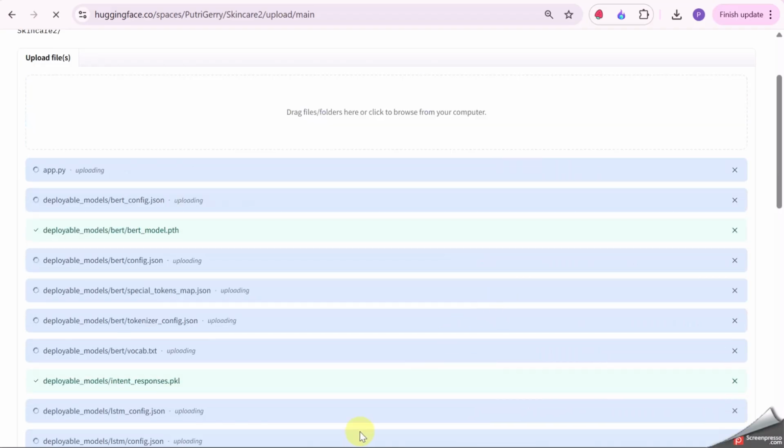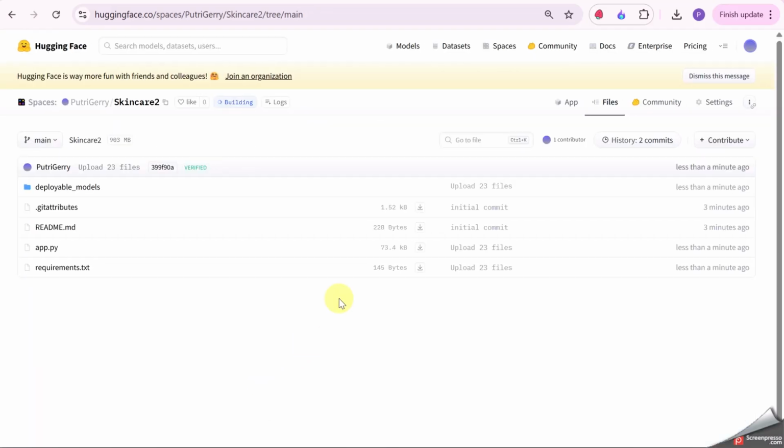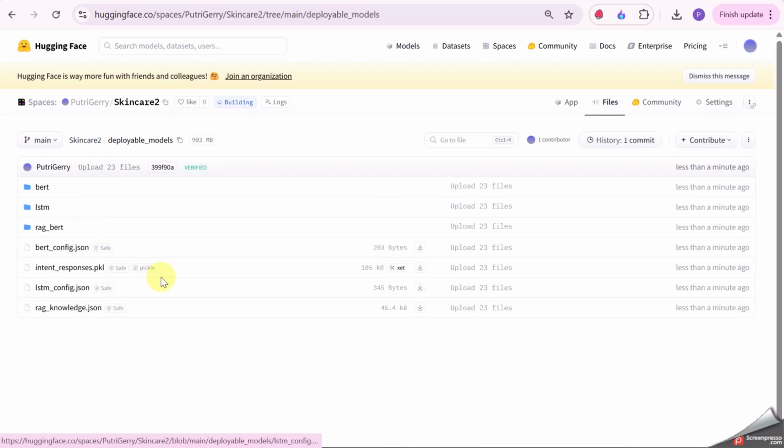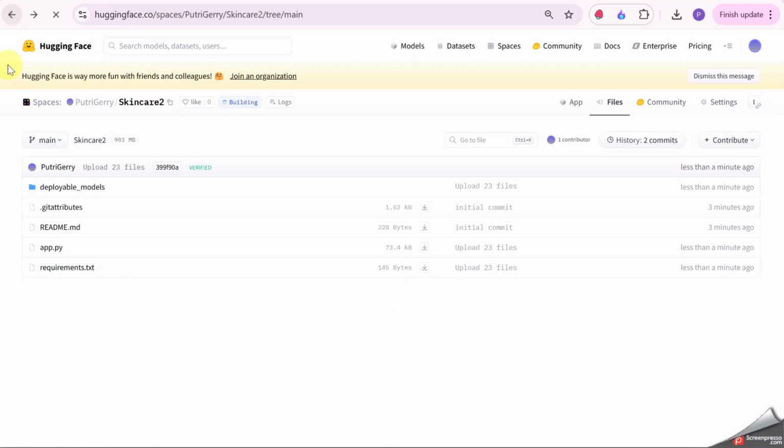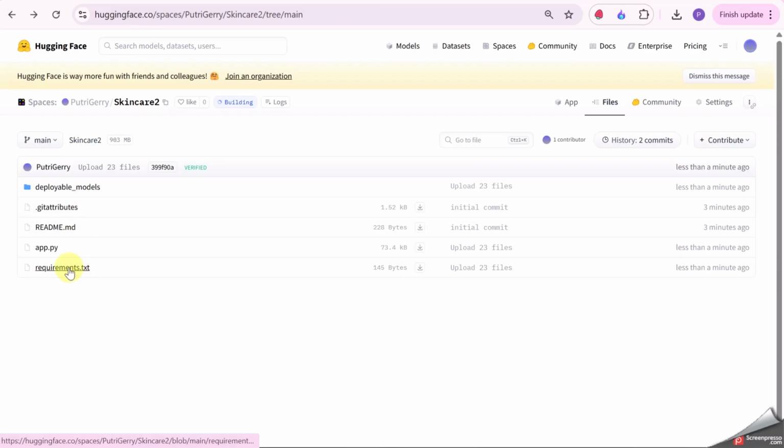When the uploading process is done, we can see the details of the data that was uploaded. Now here are the folders that I already uploaded. Next, I need to update the readme into the readme.md that I want to have.